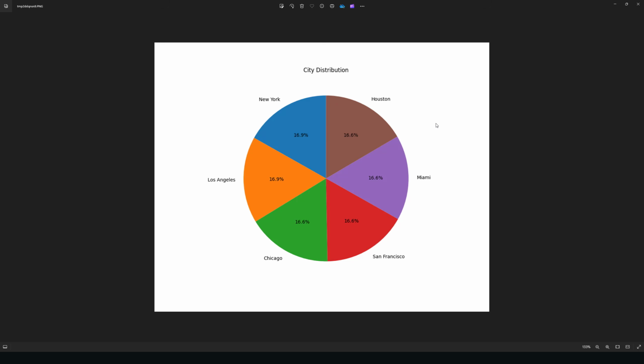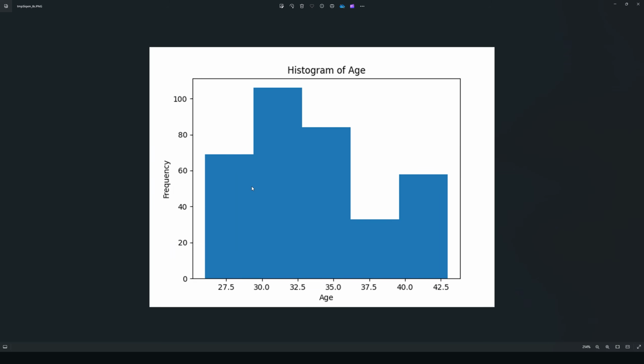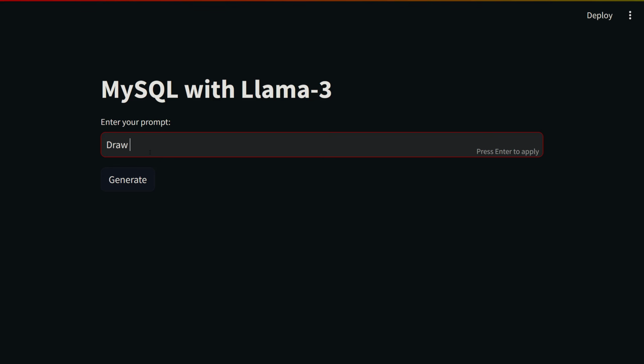Let's move on and plot the histogram of the age column. Plot a histogram of the age column. Let me click generate. There you go. Here is the age distribution. Let's go ahead and visualize average age by gender. Draw a bar plot of average age by gender.